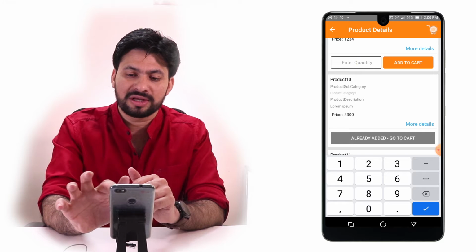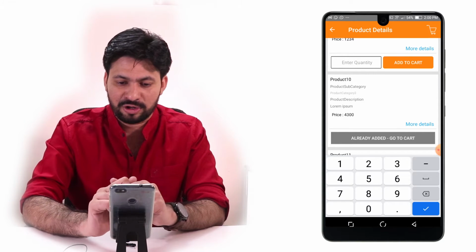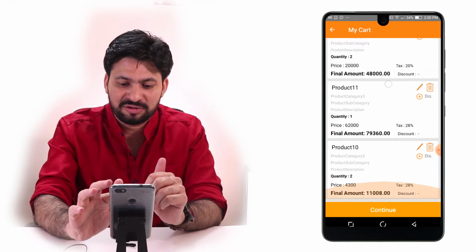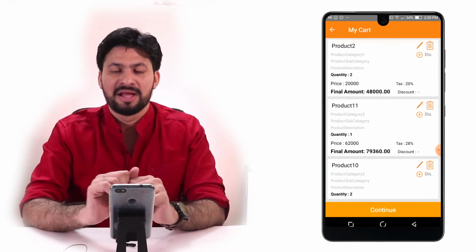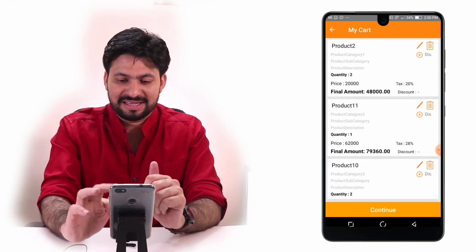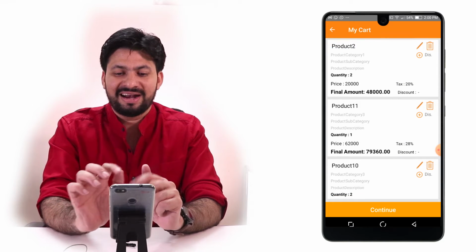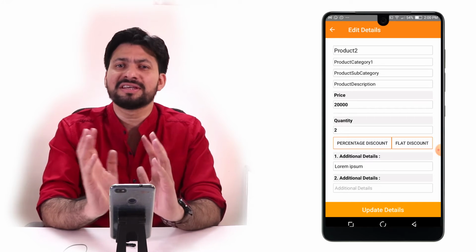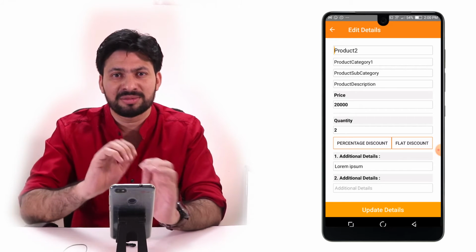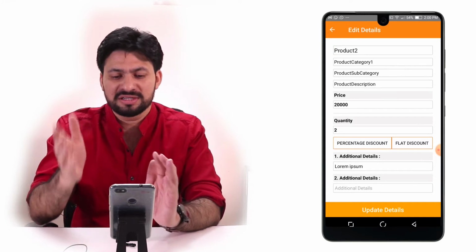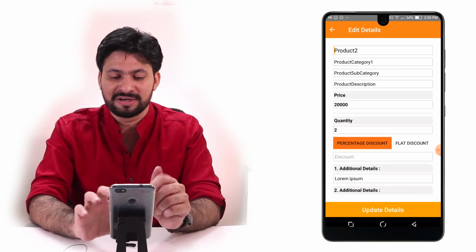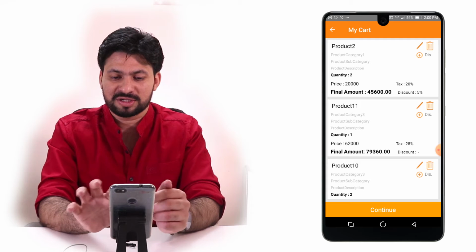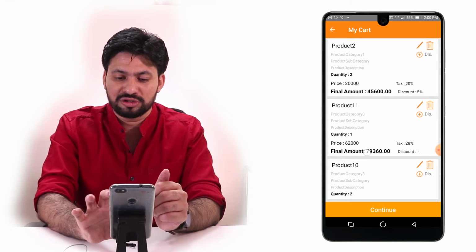or on the corner you can see here is the cart. So I'm going to choose the cart icon. Once you choose the cart icon, you are able to see all the different products that we just added into the system at one place. Now the beautiful part is, you can see there are taxes that we have given here, and at the same time you can add individual product based discount. So in case you are negotiating with the customer and you want to add individual product discounts, you can also do that, where we give you a facility to add discount on the basis of percentages.